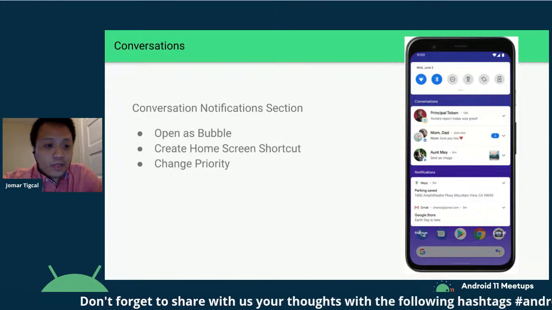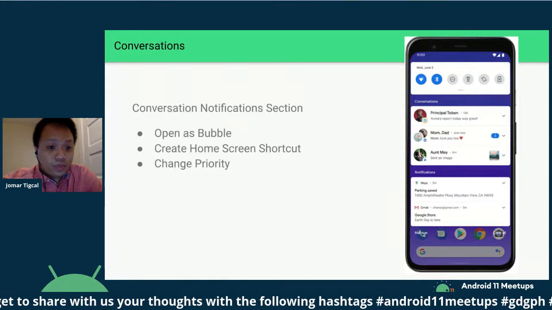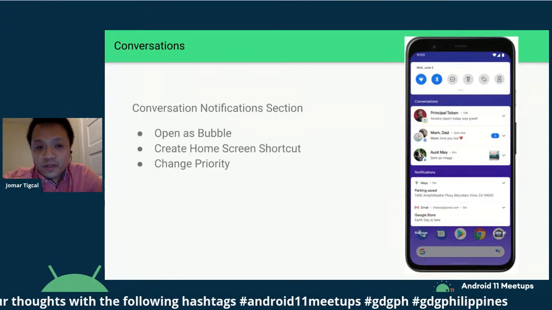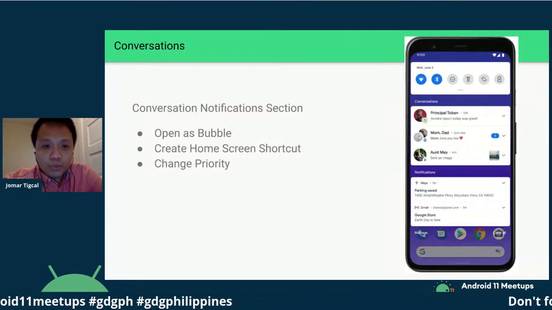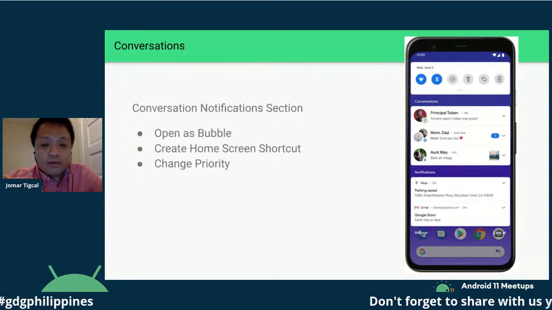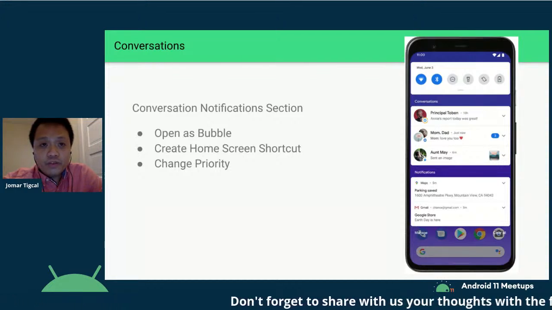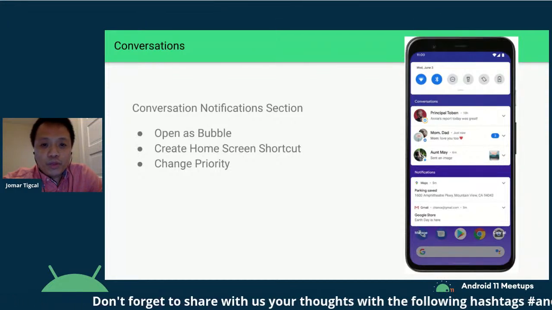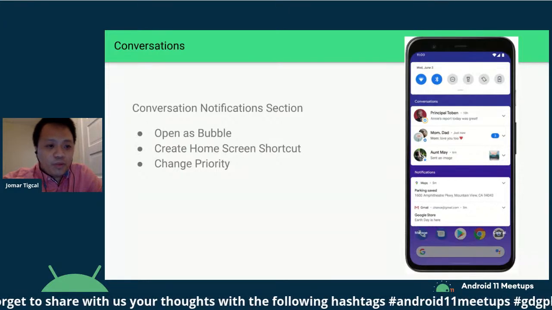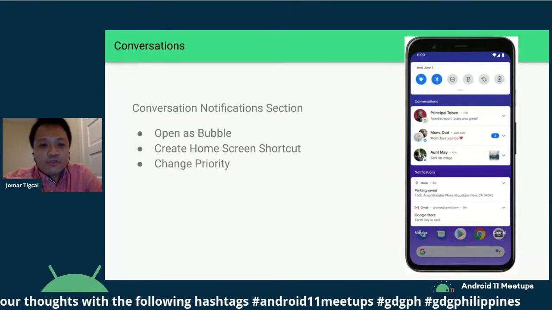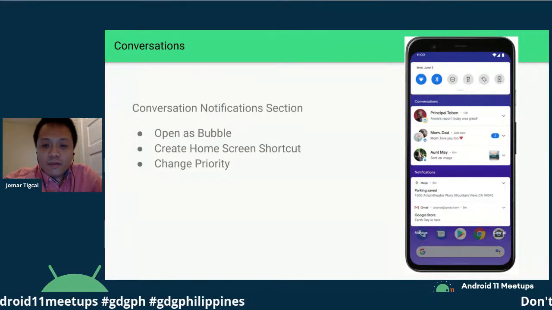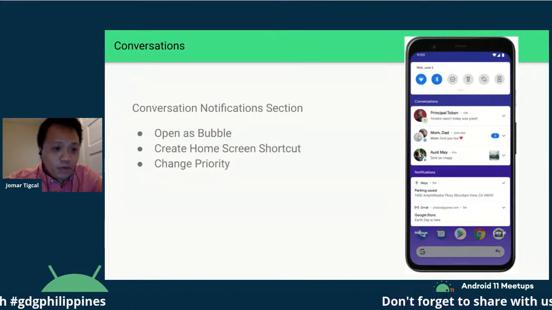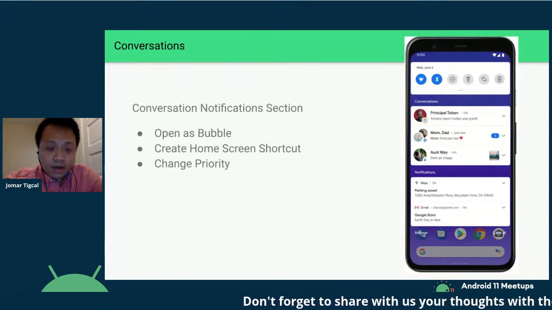So let's talk about what's new with the UI. One of the new things they're focusing on is putting people up front. When you have a notification from people you love or from people you work with, your friends, those notifications will be prioritized at the top of the notification drop down.